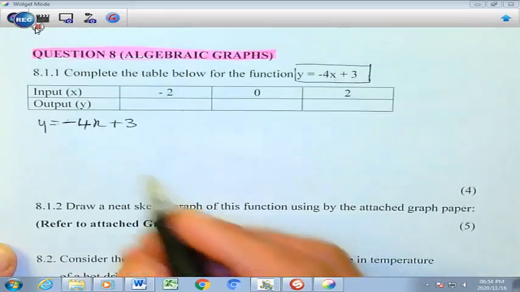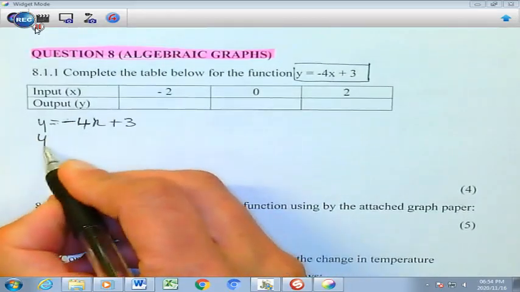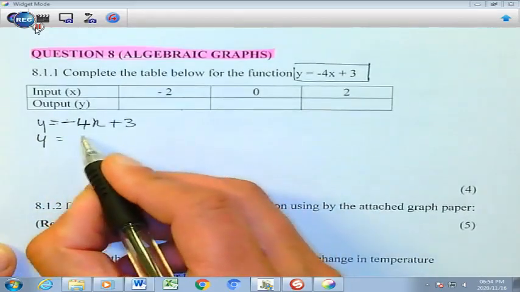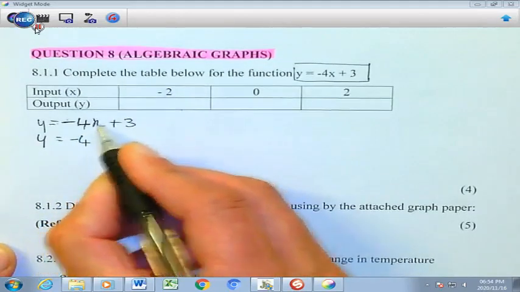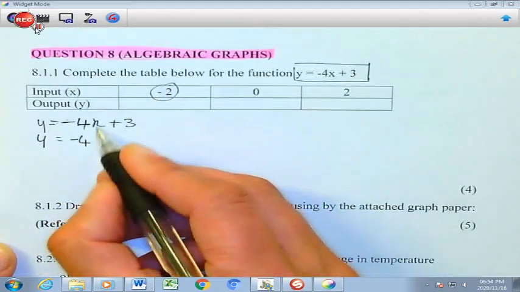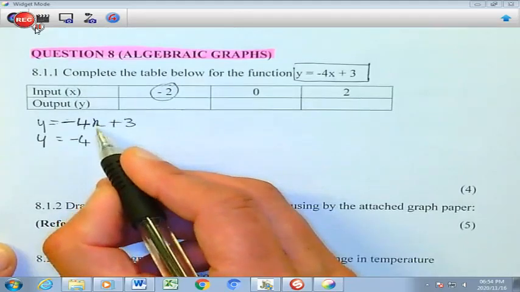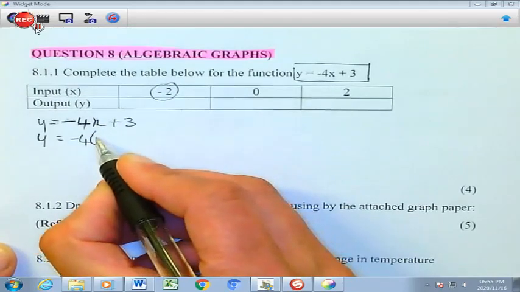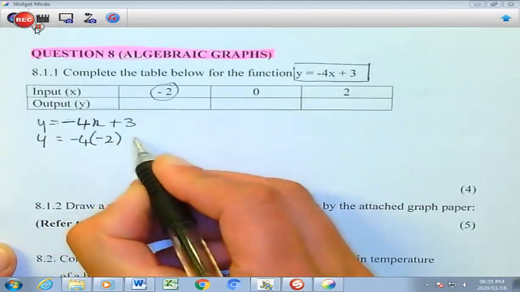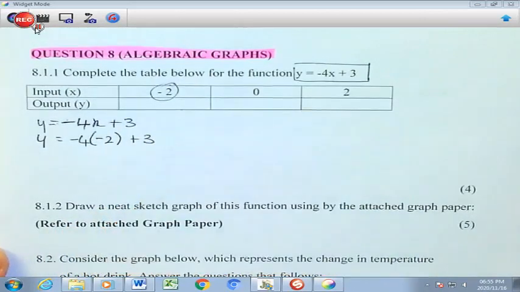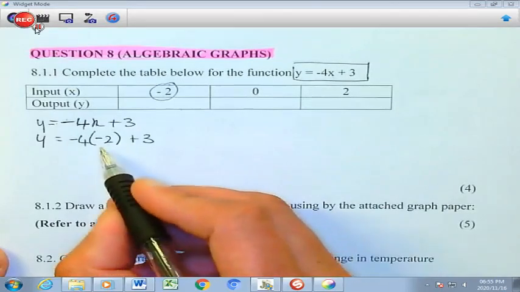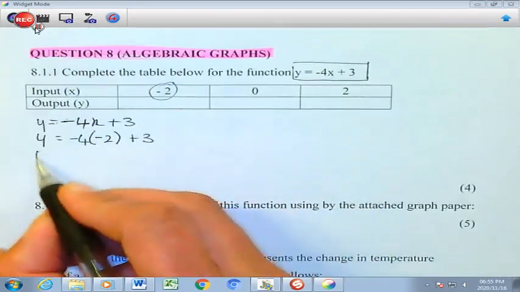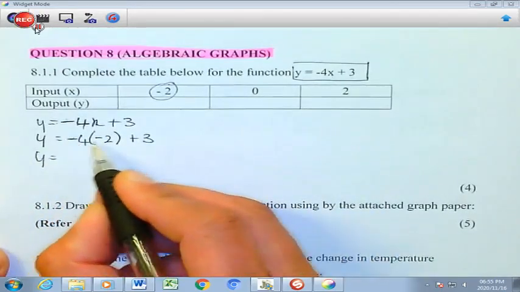Alright, and now you're going to say y equals negative 4, and you place that negative 2 and substitute it into the x value. So you're going to have a bracket, negative 2 in there, plus 3. Alright, that's what you are going to do. And then you are going to say y equals negative 4